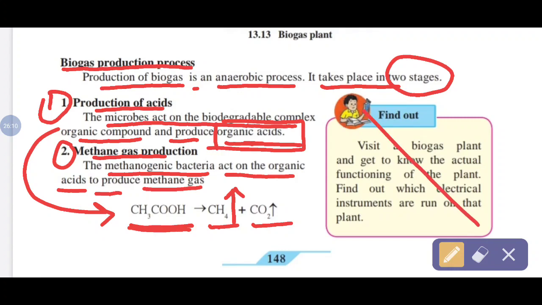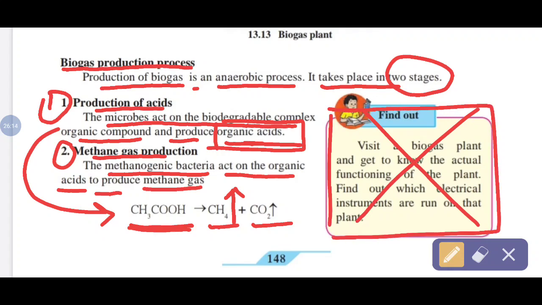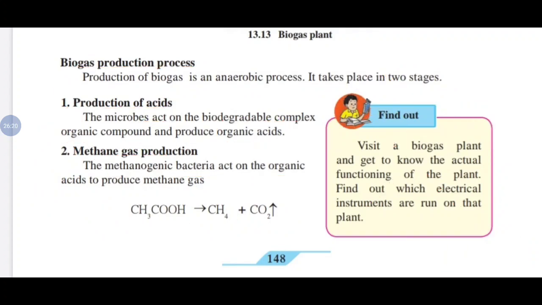This yellow color box is omitted from our syllabus. No need to find out this information. All are getting? So this is our last point. See the video carefully and see what different types of questions are given related to this video. That is our assignment number 28. Clear all of you? All are getting? Next.